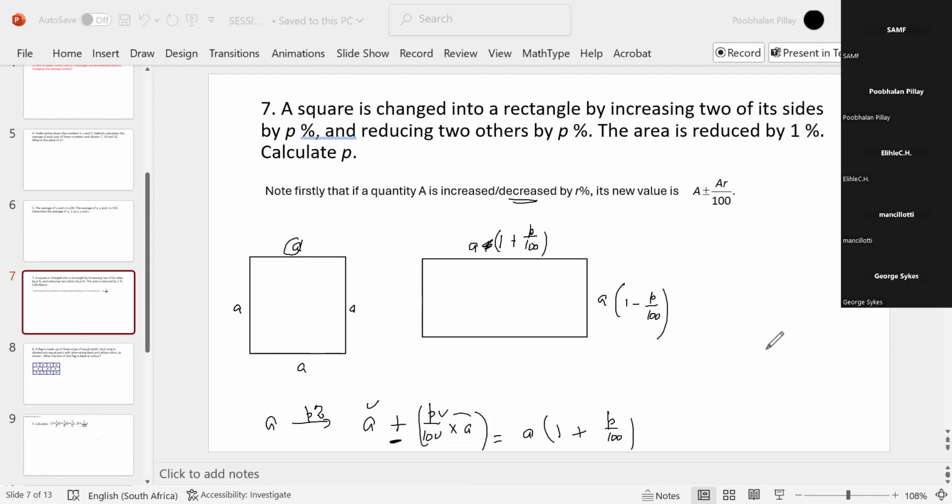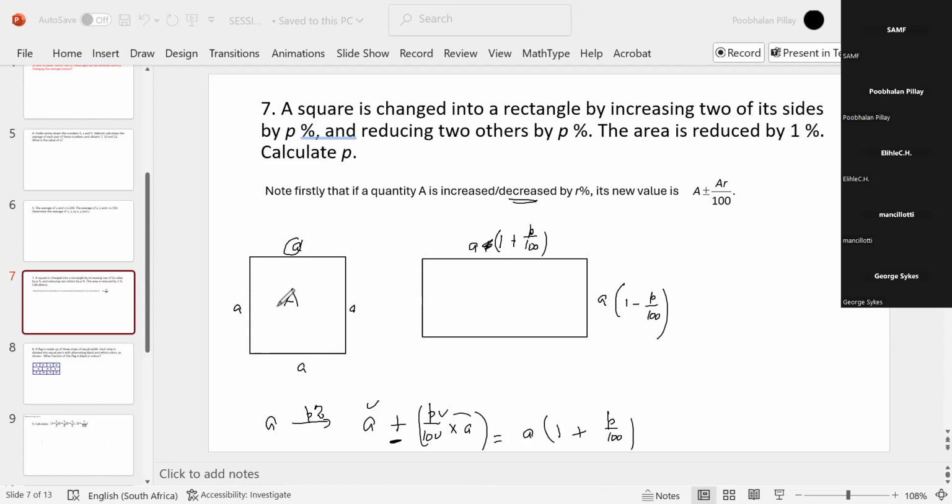All right, so now you have what happens to the dimensions or the sides of this thing. And we'll come to that. So that is the first sentence. Now the area is reduced by 1%. So in other words, when this area here, whatever it was, that area is now reduced by 1%. So it's now come to,